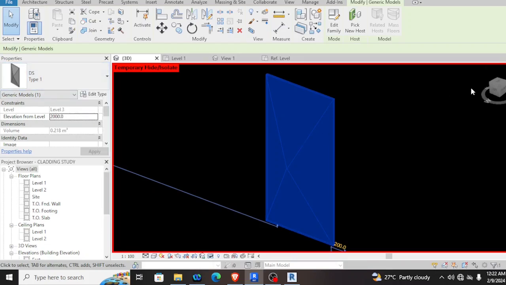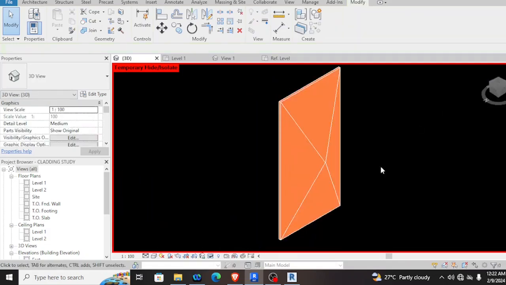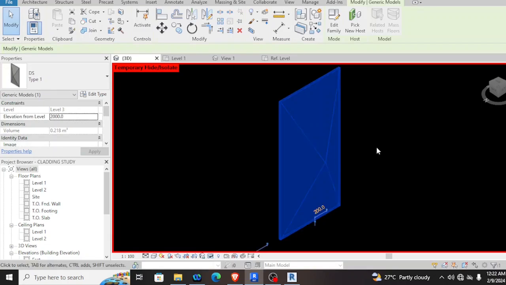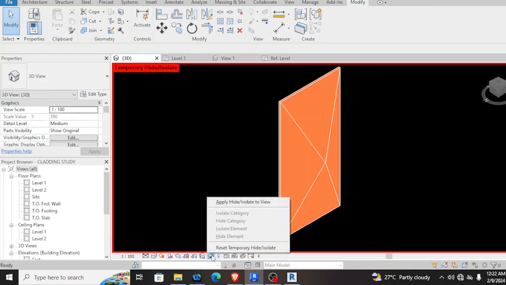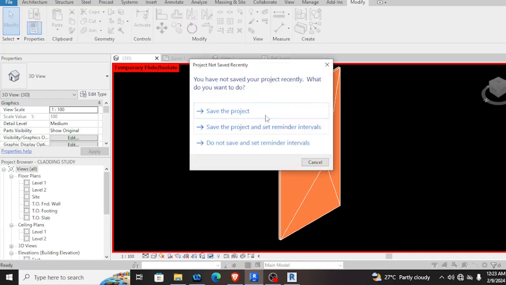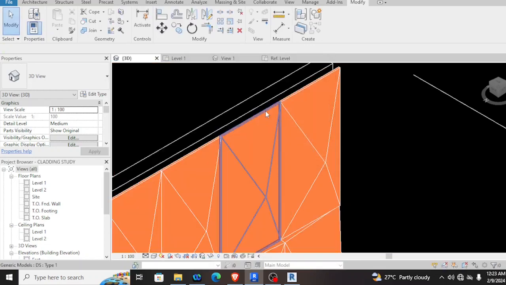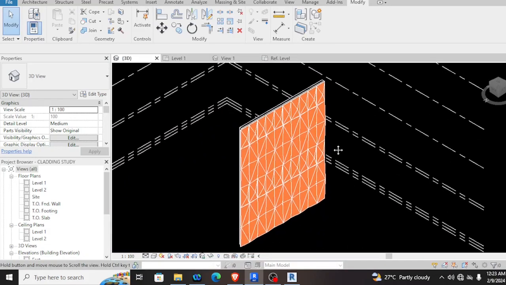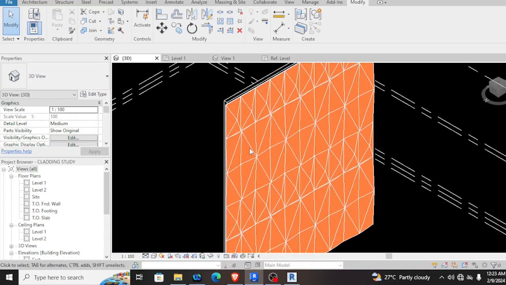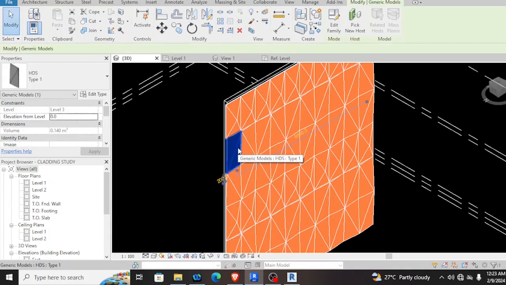As you can see, guys, when you rotate it, it's in 3D. Also, when you isolate it, let's isolate it. Let's save it. I make the diamond shape per panel.